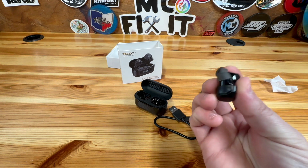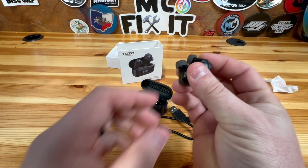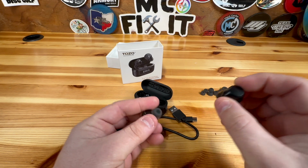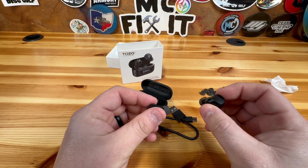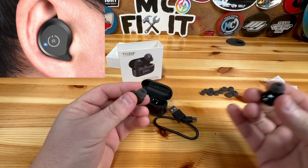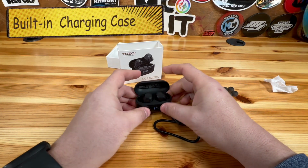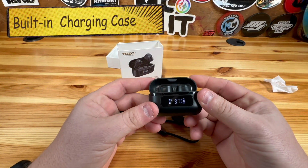They also fit in your ear really well. These things just work well going inside of your ear, and so you can put them in. They will stay in. Has multiple sizes to choose from for the earbuds. The other thing I love about this is once you put it in there, you can see it's going to